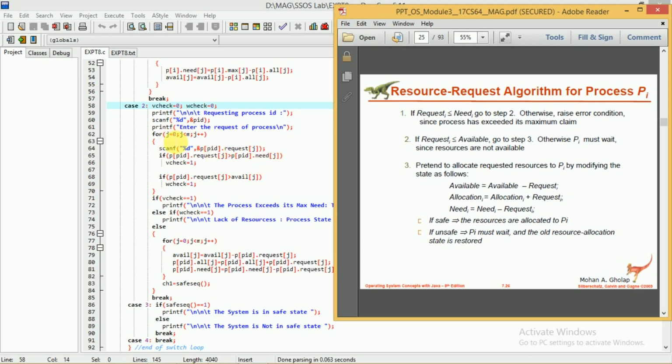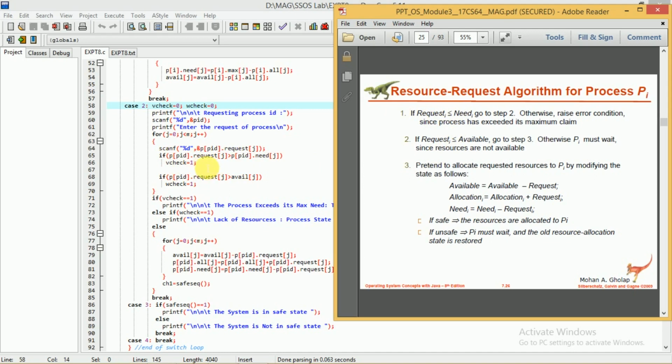With respect to every resource, after reading the request for that resource, we check these conditions. So after reading the value of request of j, we check whether the request of j is greater than the need of j. If this condition is true, we update the value of v check equal to 1.